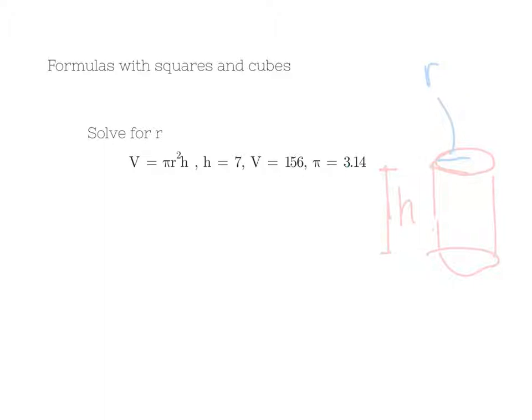So what we'll have to do is we'll have to rewrite our equation, or our formula, but we're going to rewrite it with all of these numbers plugged in. So we're going to write, instead of V, 156. And then instead of pi, we're going to write 3.14. The r squared and h,